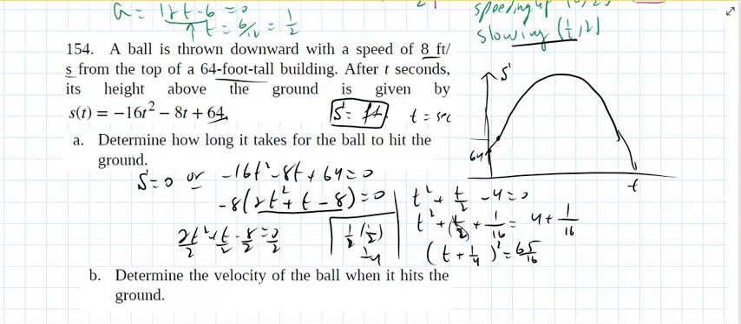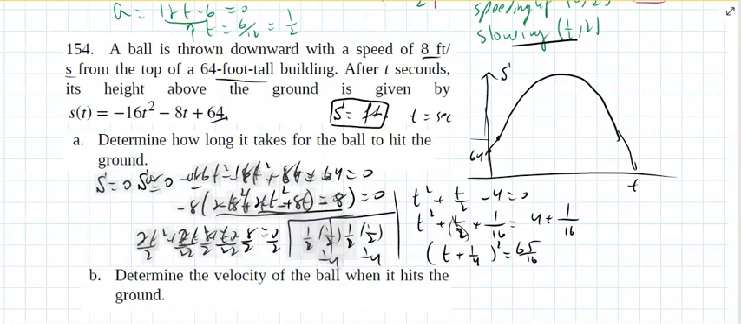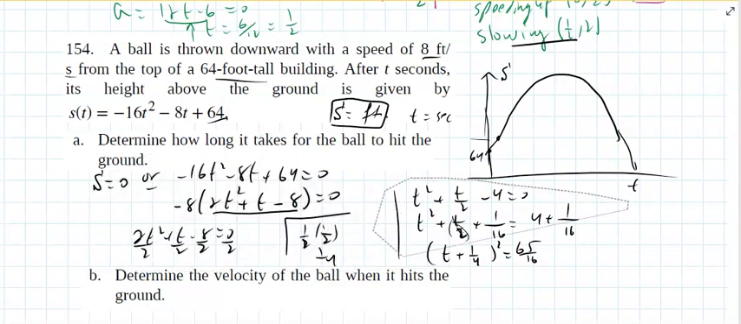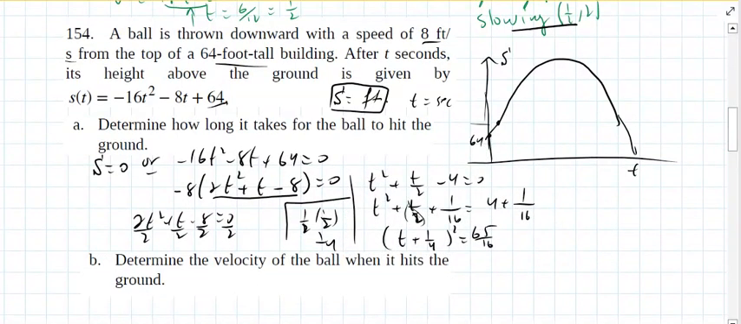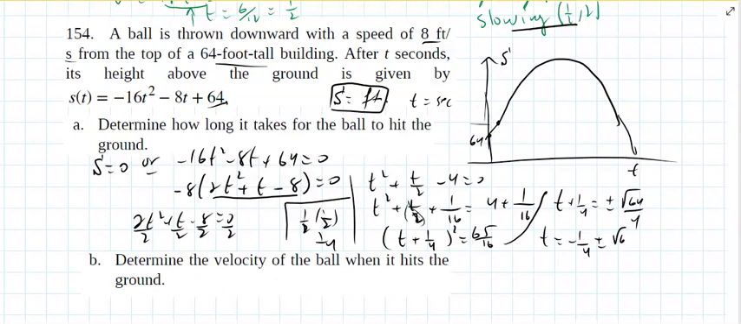I should have started this on the left. Give myself more space. And that would mean I'm looking for t plus 1/4 equals plus or minus square root of 65 over 4. And t would equal negative 1/4 plus or minus square root of 64 over 4. Time can't be negative, so we're going to say t equals roughly